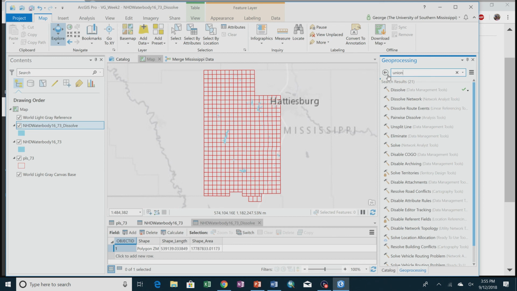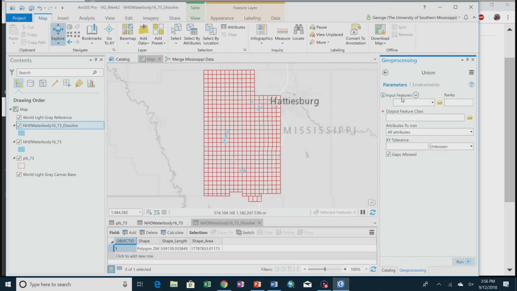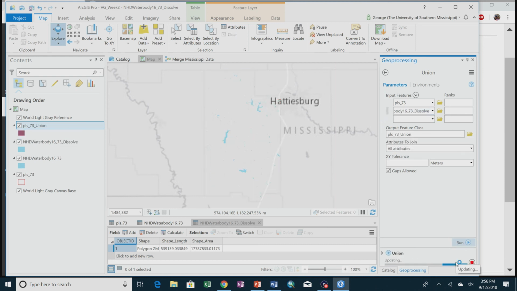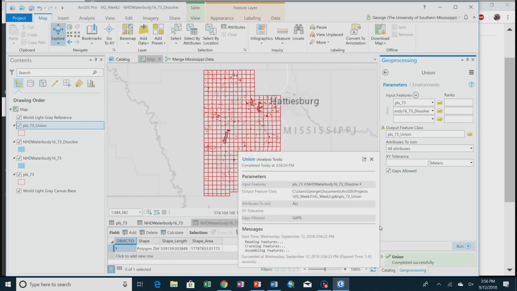Union. I'm going to union the PLS data with the dissolved water bodies. Yep, select all attributes. It's fine to call this PLS 73 union. Fine. I'm going to run that. So now once that's done,